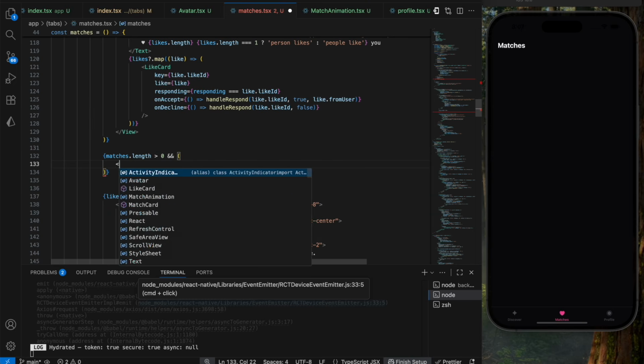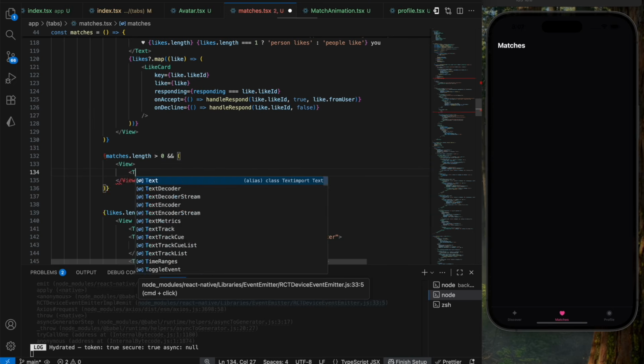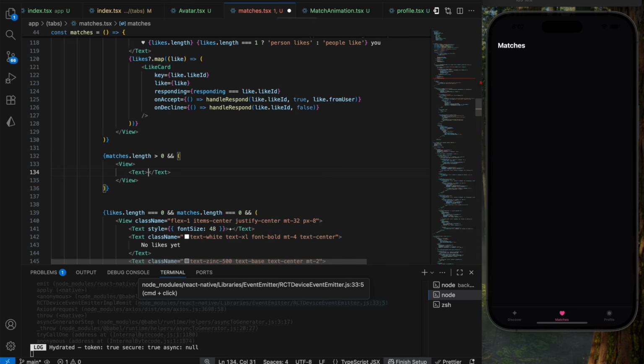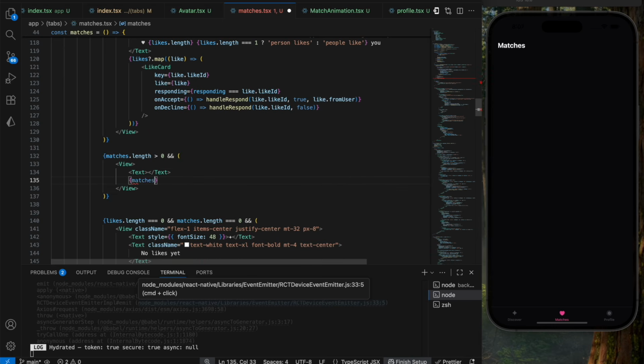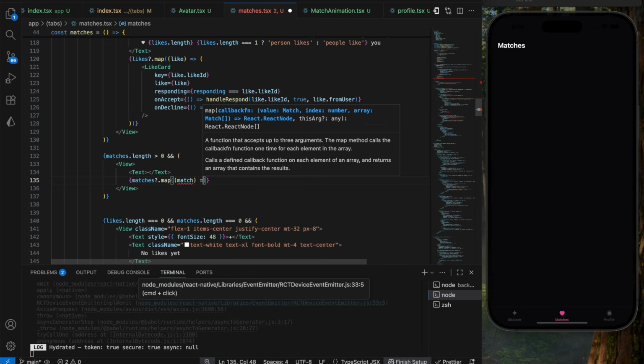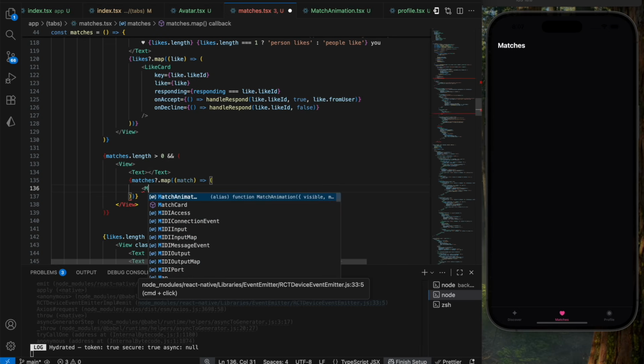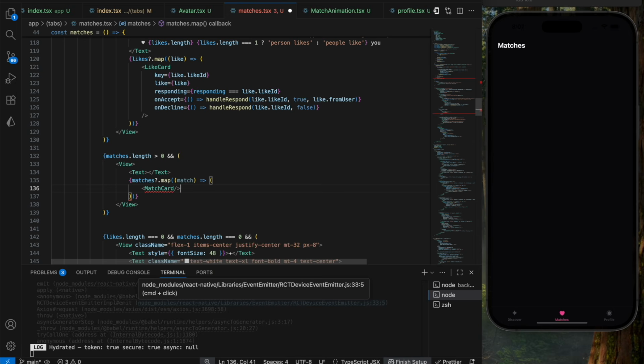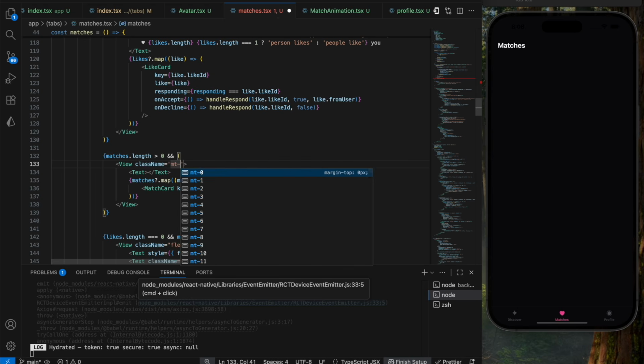and over here I'm going to render a view. Within that it's going to have a text. Here we're going to show the design for the matches. I'm going to get the design for that, and here I'm going to say matches, apply the map function for every match. Here I'm going to show the match card. The match card has already been designed previously. I'll show the code again. Pass on the key, that is going to be equal to your match.id, and your match information itself is going to be equal to match. For your view, I'm going to give it some empty, that is empty 6,